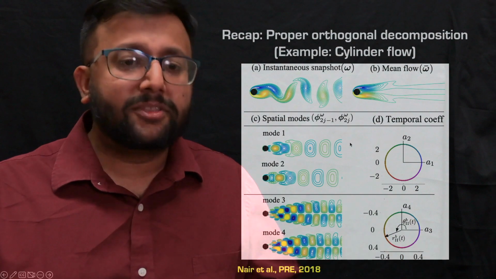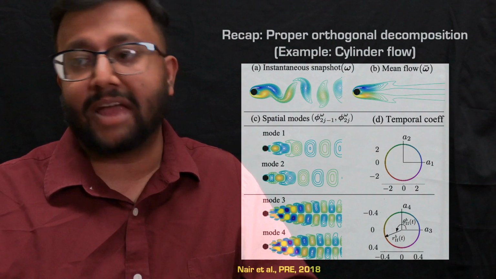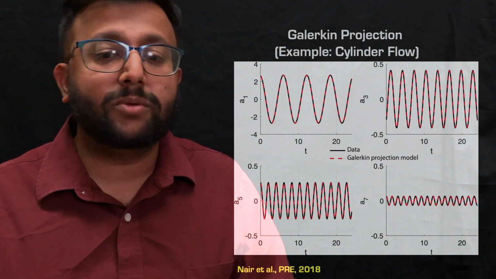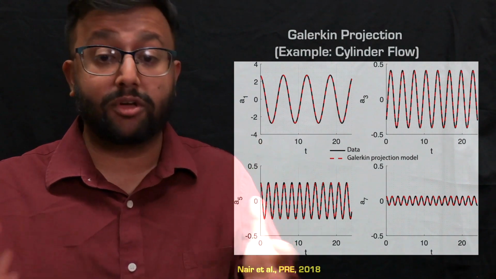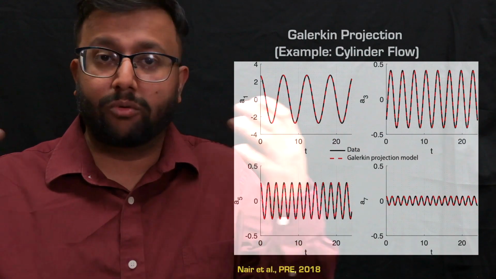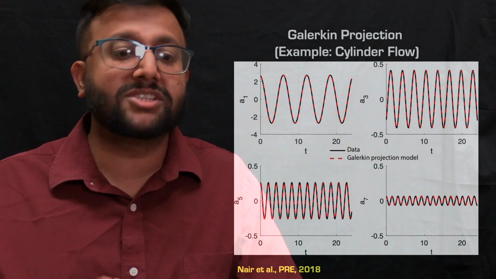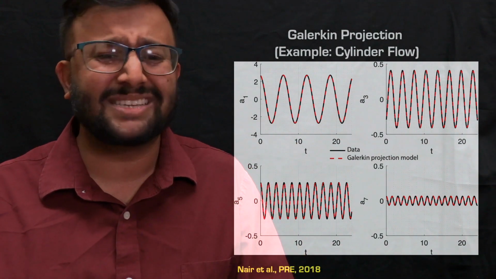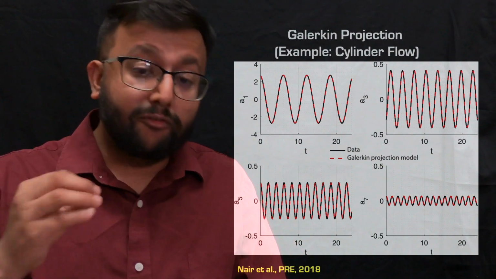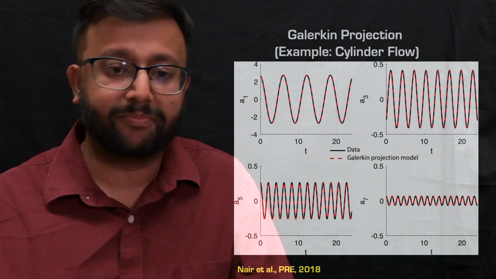All right, so we did this proper orthogonal decomposition. Now we substitute these modes and we get a Galerkin projection model. So how does it perform? In this slide, we show the evolution of the temporal coefficients in the limit cycle regime of this flow, where we get unsteady vortex shedding. You can see these nice periodic oscillations of each of the temporal coefficients, and there is excellent agreement of the Galerkin projection reduced order model with the DNS data, essentially, or the true data, right?